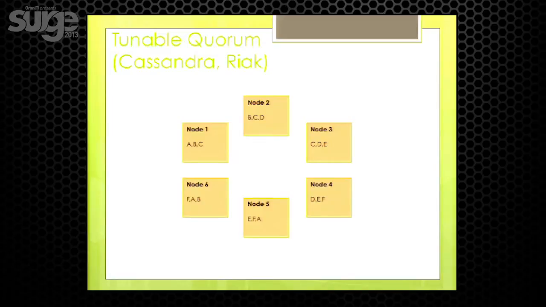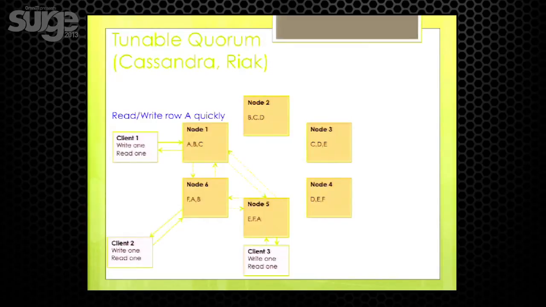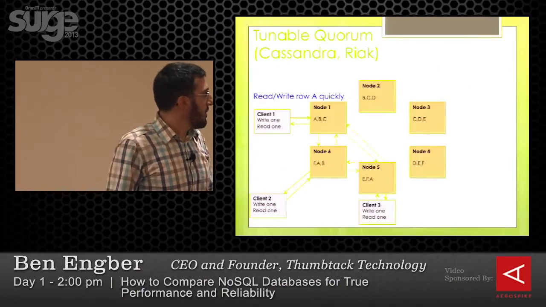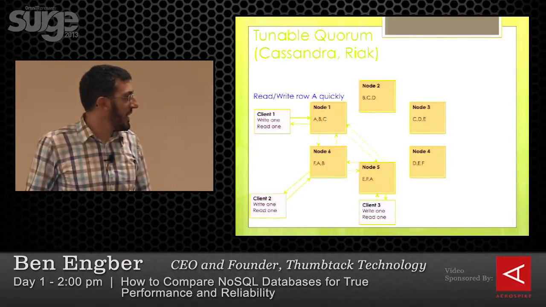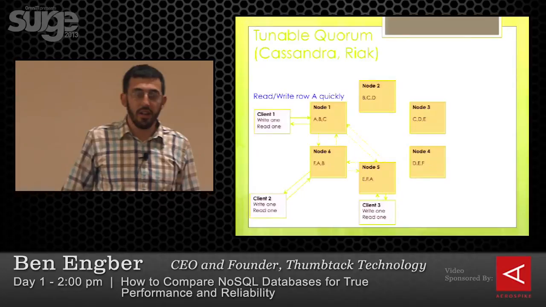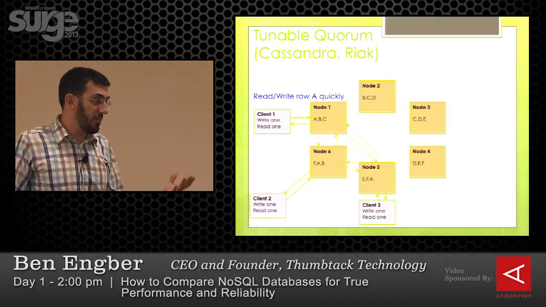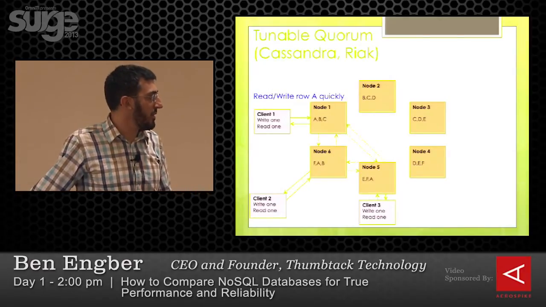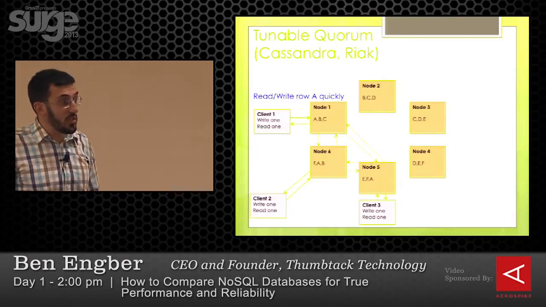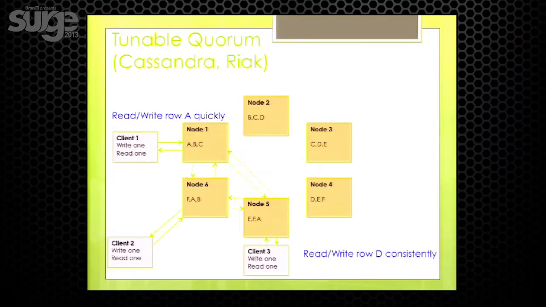These quorum systems, like Cassandra and Riak, are good examples, and function where every node is a master for every shard. And so the quick writes here allow you to write to any node that can accept this kind of data. And this is your classic eventual consistency model. If you have client 1 reading someplace on shard A here and client 2 writing someplace on shard A there, you have the potential for conflicts to emerge, and they typically have to be resolved by last write wins. And you can tune this type of behavior in a number of ways.